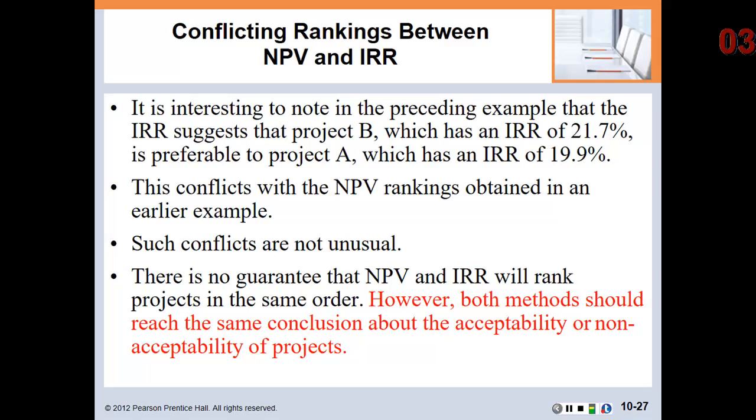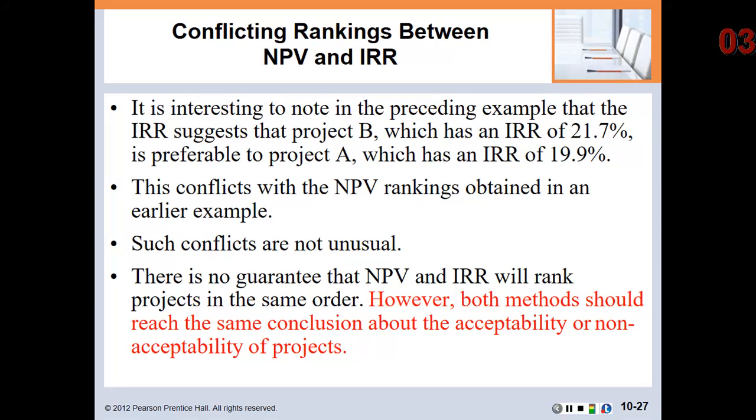Now, there's also some theory, because a lot of times people see that and they think, well, the bonus test is going to be all calculations. Well, it's not. There's some theory questions. And one of the things that we talked about on Tuesday, when we calculated net present value, looking at projects A and B that we've been using in chapter 10, net present value for project A was higher than for project B, so it would be preferred. When we calculated internal rate of return, the internal rate of return for project B was higher than project A, so it would be preferred. And so that's what this slide is talking about.